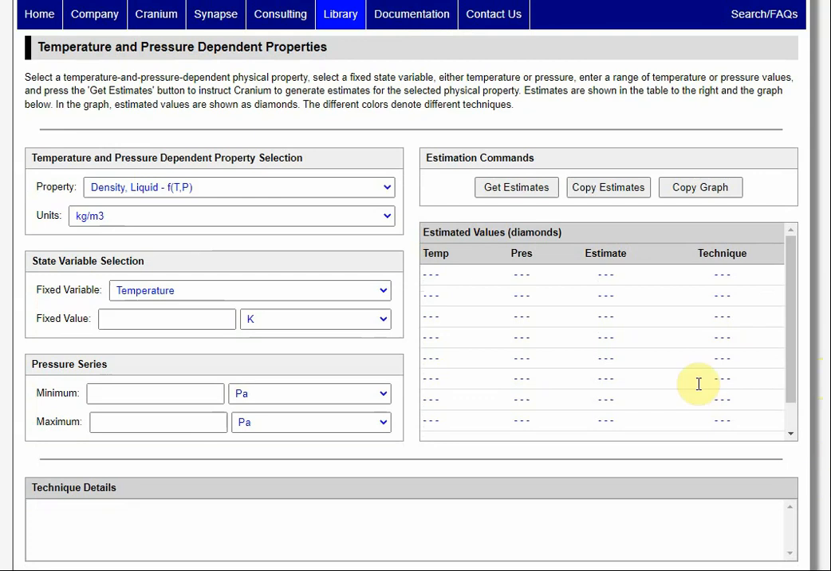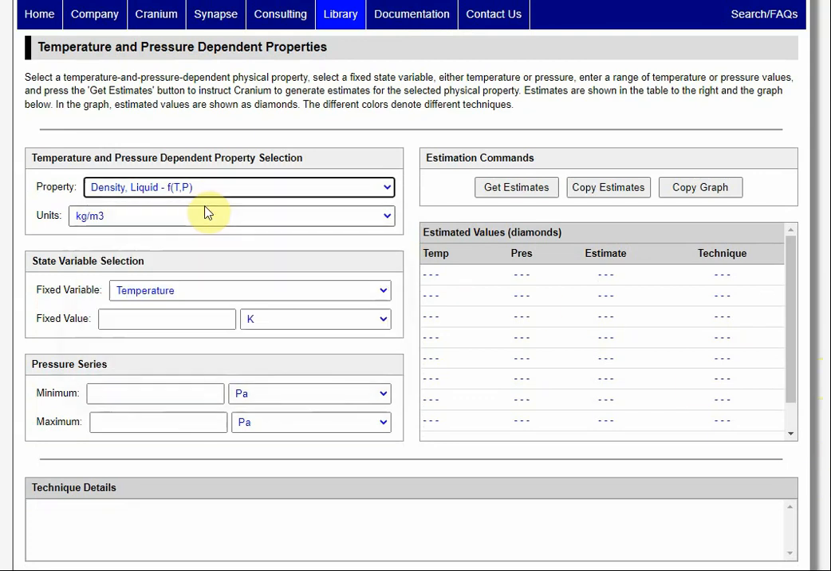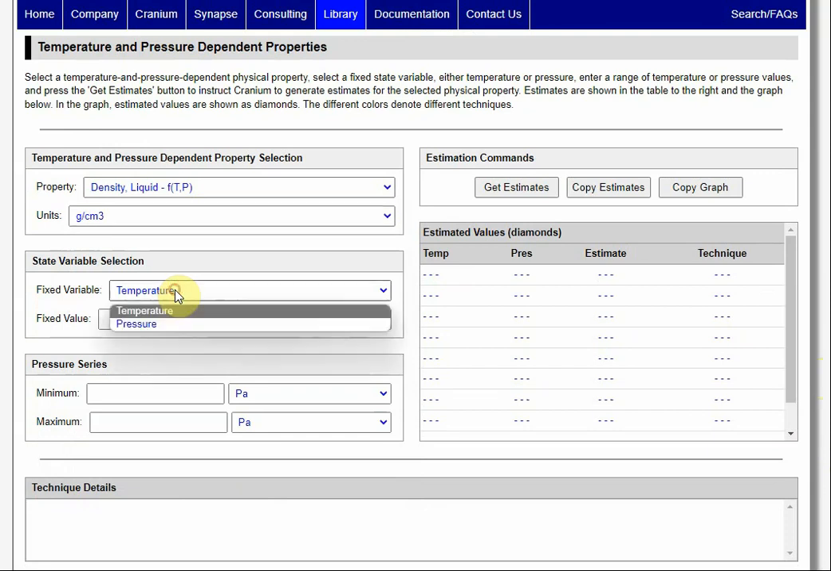Again, you can select the physical property and the property's units. The web page only varies one state variable at a time. In this case, we will fix temperature and vary pressure. Select temperature from the state variables selection table and enter a fixed value of